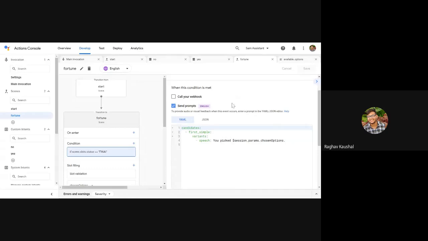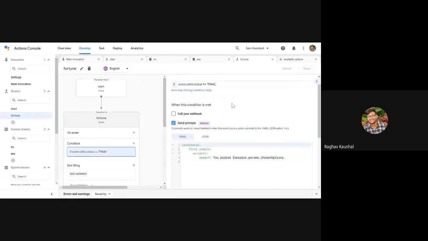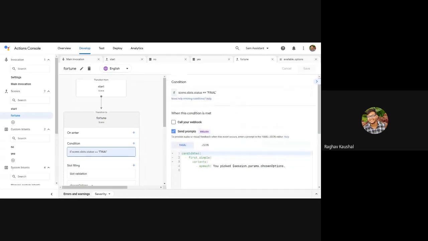Do you guys know what an if-else statement is? Even if you don't know, I'll tell you. An if-else statement means that if this condition is matched, then do this thing. This condition is scene.slots.status is final.